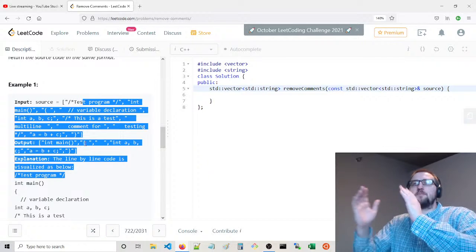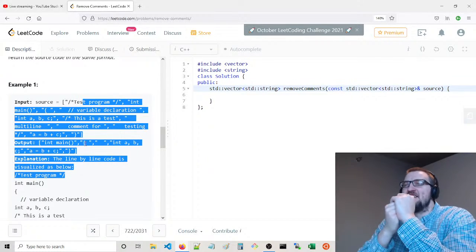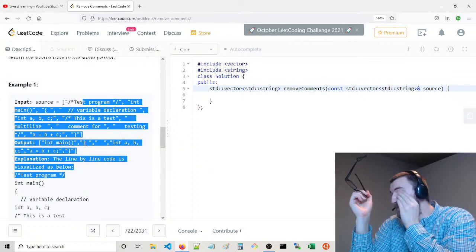But yeah, you have to chop up your string and put it together for potentially having multiple multi-line comments in a single line. So you've got to address that edge case in each line, right?